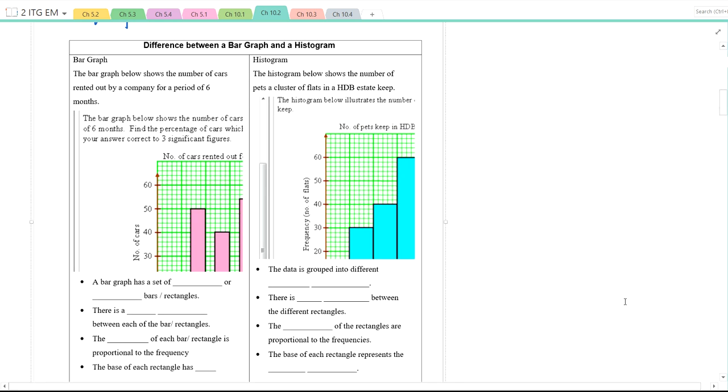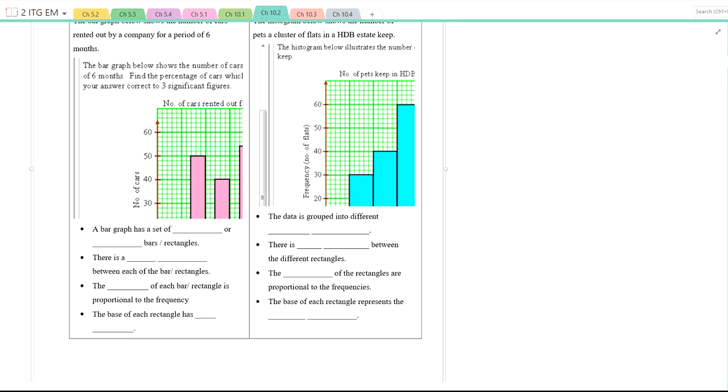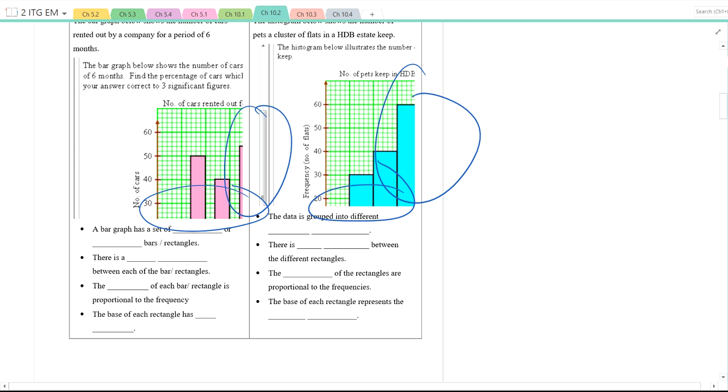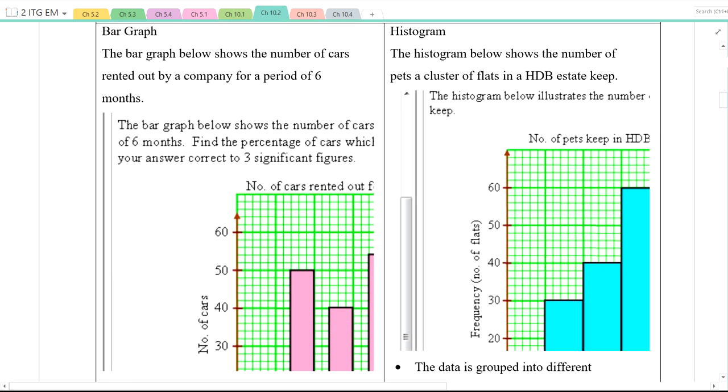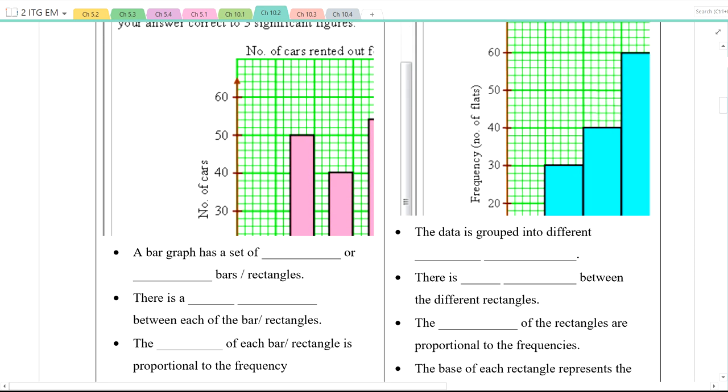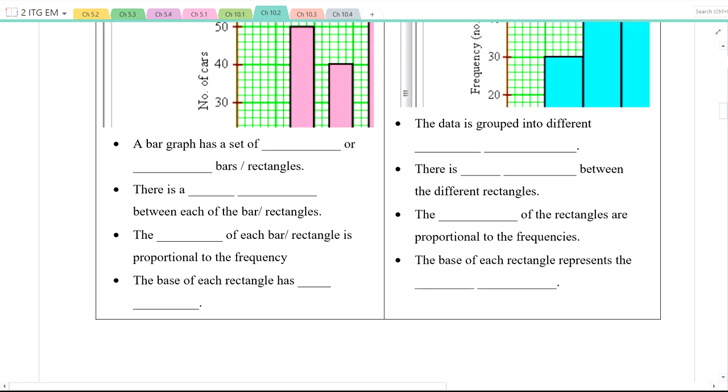Pardon my diagram. There's some missing parts over here. Let me just answer the fill in the blanks for you. Now, there is a difference between a bar graph on the left and a histogram on the right, which is what we are learning. A bar graph has a set of vertical or horizontal bars or rectangles,